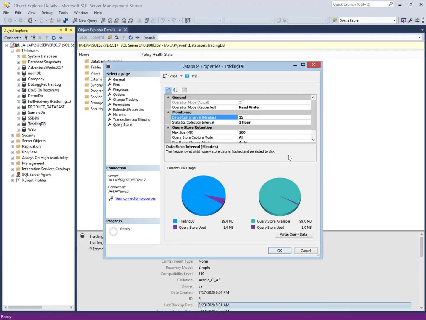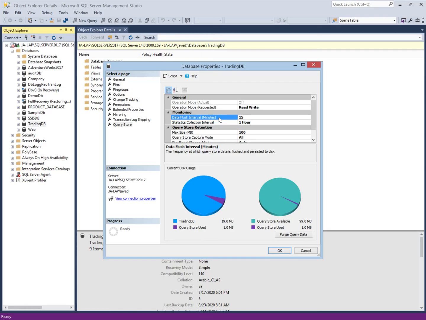This data flush interval by default is 15 minutes if we set it through this graphical user interface, and it's 900 seconds if we are setting it using queries.